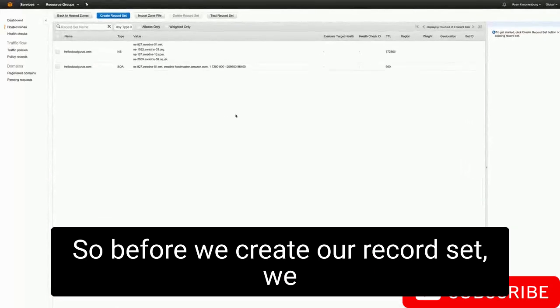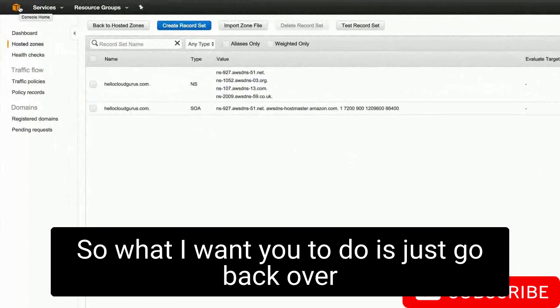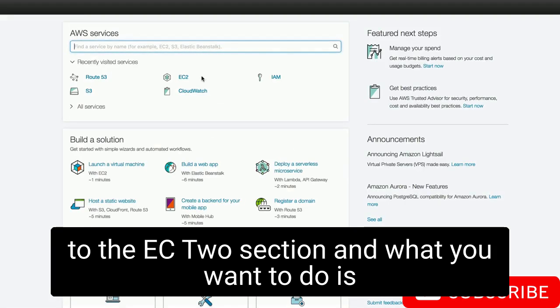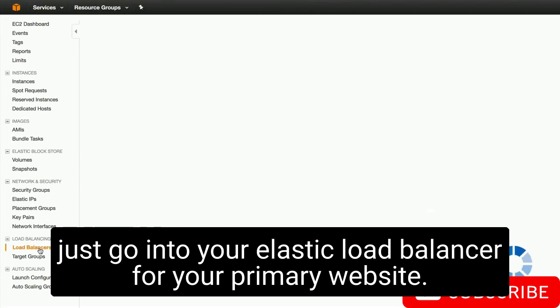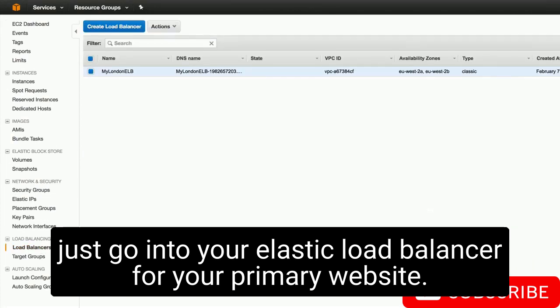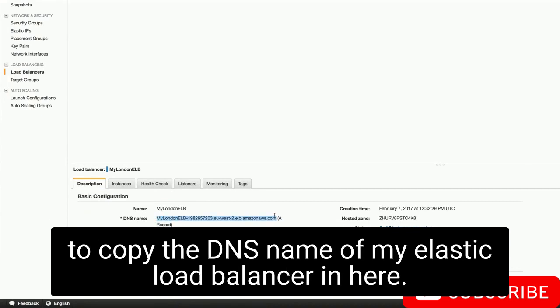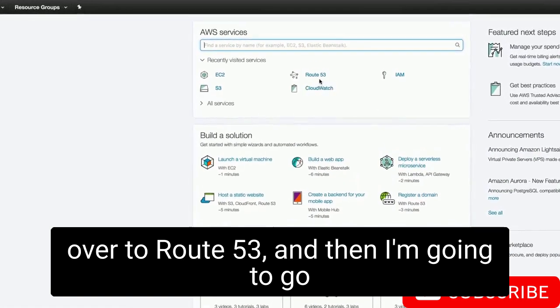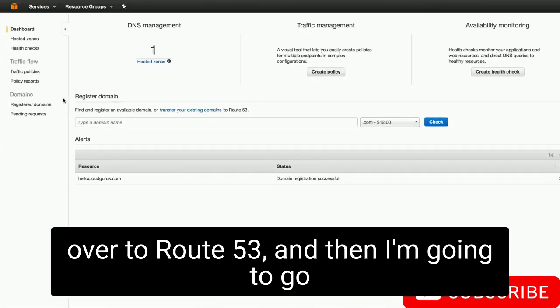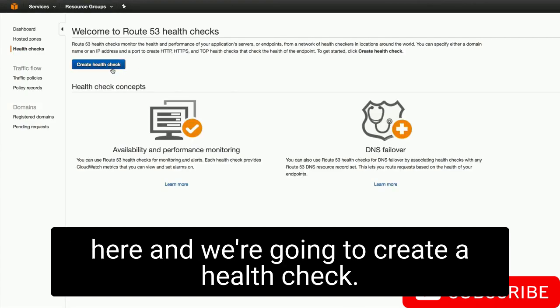So before we create our record set, we actually need to create a health check, and we're actually going to create two. So what I want you to do is just go back over to the EC2 section, and go into your Elastic Load Balancer for your primary website. For me, this is going to be London, and I'm going to copy the DNS name of my Elastic Load Balancer in here, and then I'm going to go back over to Route53, go into health checks, and we're going to create a health